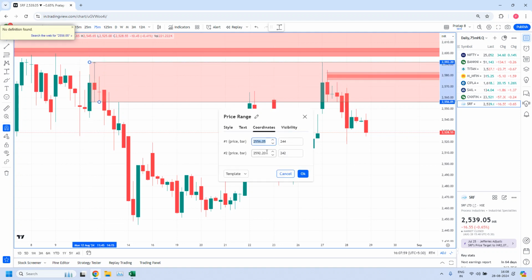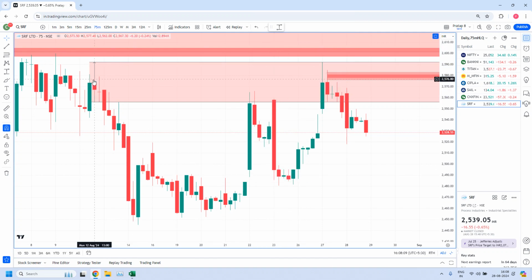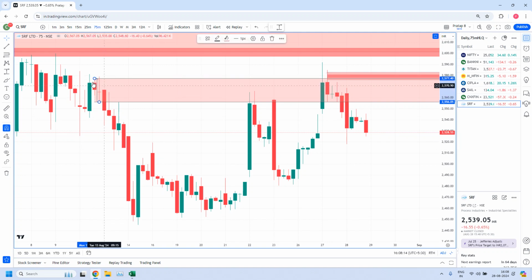So the high of this zone is 2592.20. This is the high of the zone according to my database. But according to the trading view, this is the high of the zone, the next candle. If that is the case, this zone is already pierced yesterday itself. Our software should not display this. Because this candle is having high up to here, but trading view is showing a short candle, and I don't know what happened. But anyway,